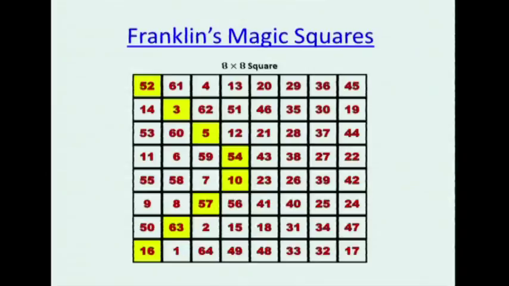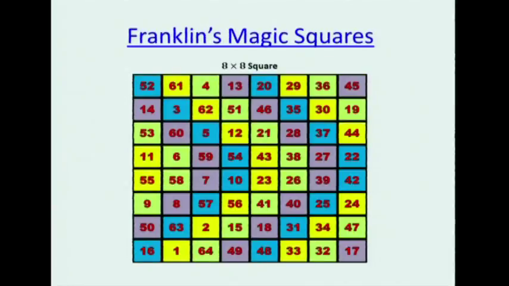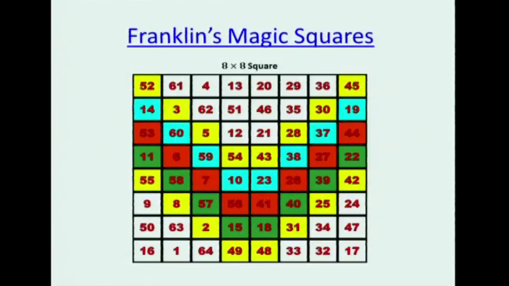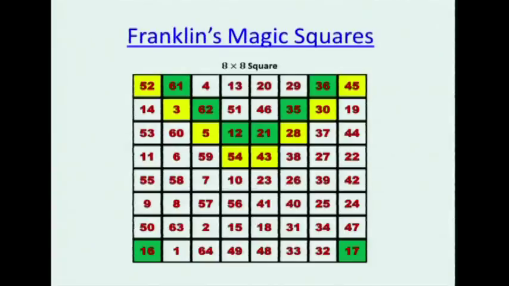So this bent row adds up to the magic number in both directions, up and down. So if you put it together, it sort of looks like a diagonal. But as it turns out, all of the bent rows add up to the magic number. In the reflection or the wraparound, all add up to the magic number. So the purple adds up to the magic number of all the squares in both directions. I sort of coded all of them. And this is true up and down as well. So all the green add up to the magic number, up and down.